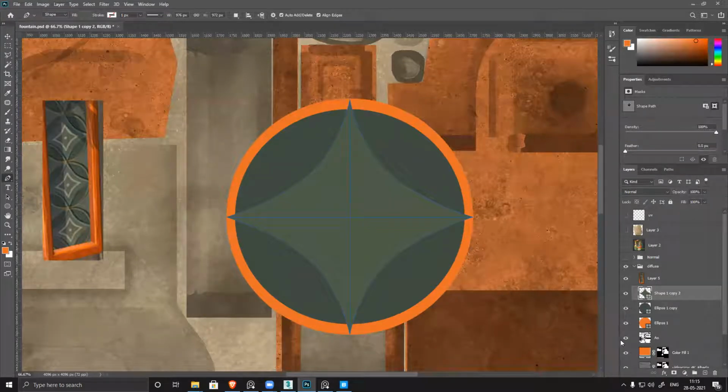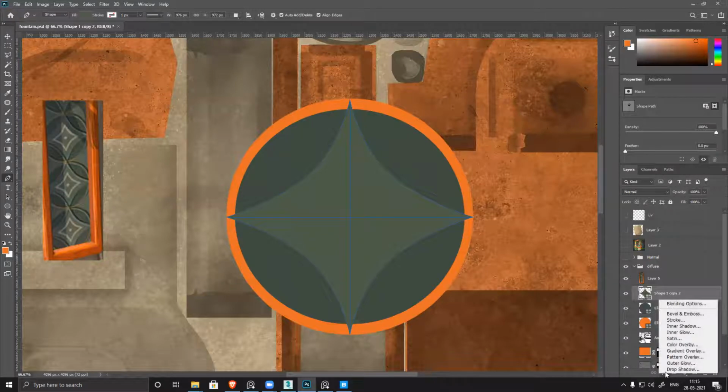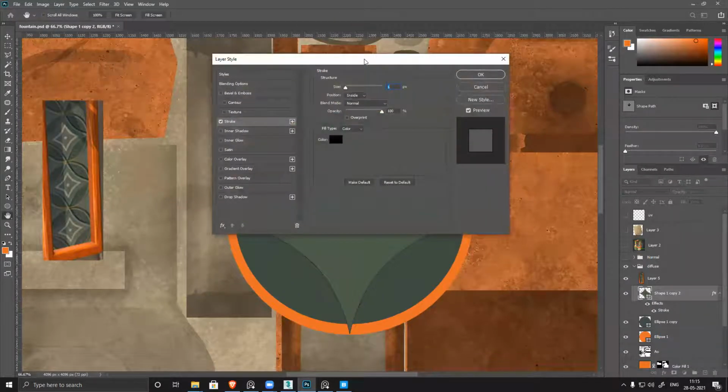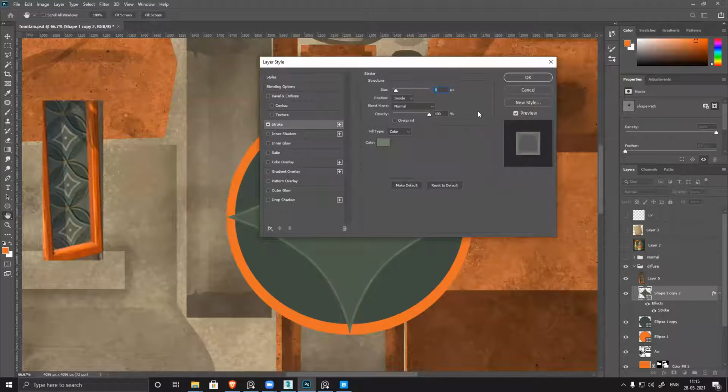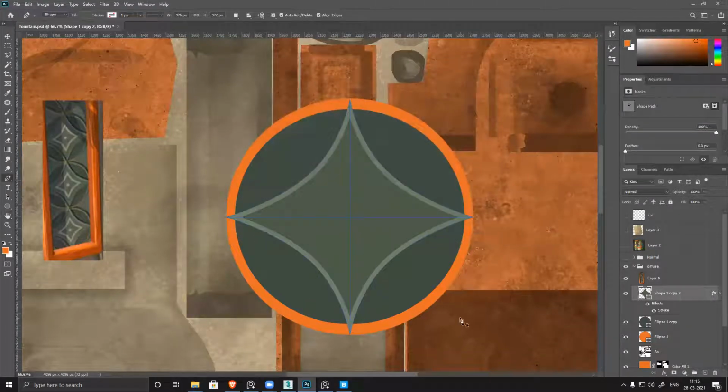So what I can do is go to FX, add a stroke, pick the color, and make it a little thicker inside, not going outside. Basic design.